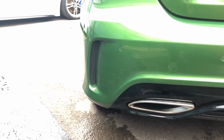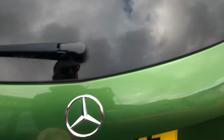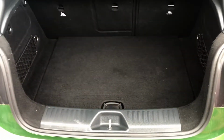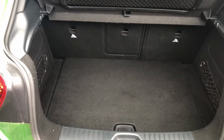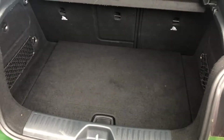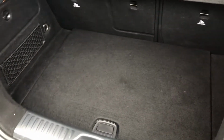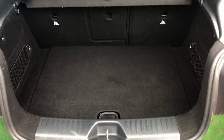You can also see here you've got the venting on the canyons on the rear bit, and if you lift the boot up, you're greeted by a very modest space. Now, a lot of people moan about the room in the boot of these, but really it's ideal. It's not massive by any stretch, no, and it's not exactly humongous, but in terms of a car that the